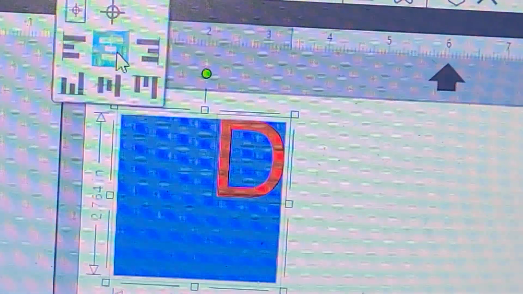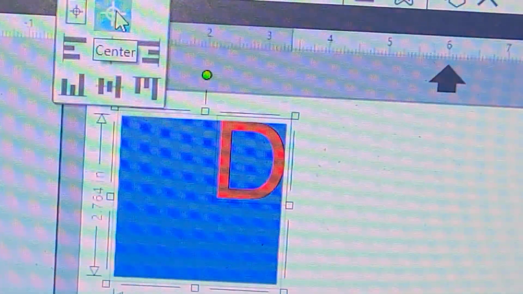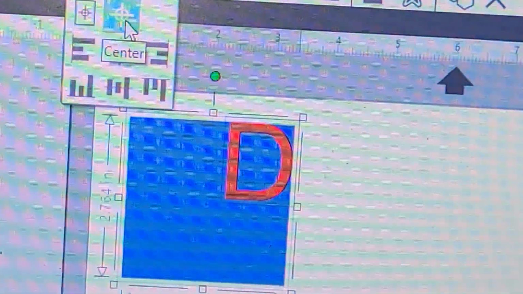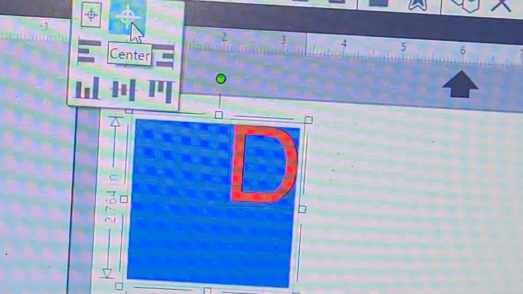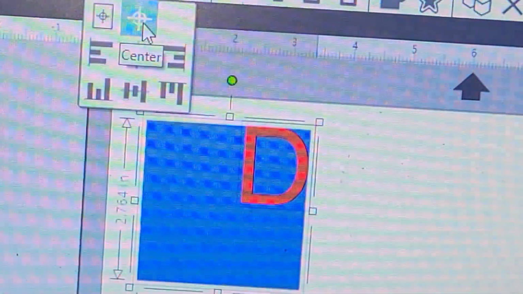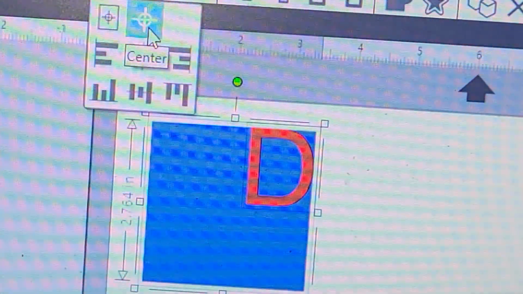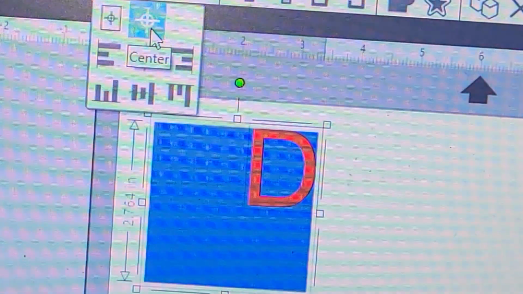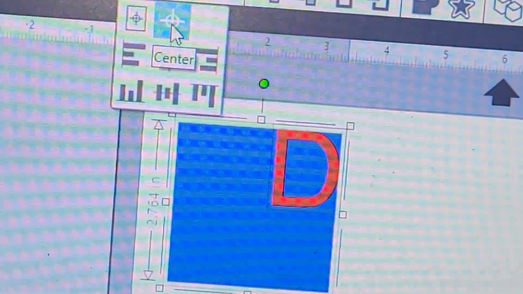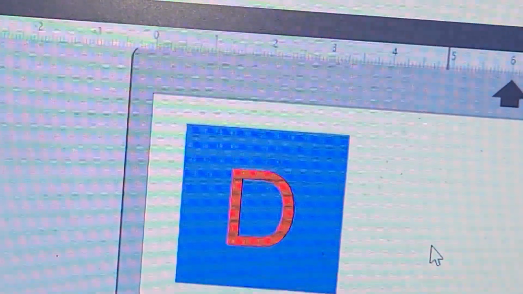But now let's just say I just really wanted it to be in the center. This one that looks like a target, kind of like a sight on a gun. I probably shouldn't have said that, but when you're looking through a sight on a gun, it lets you know where your target is and where you're going to hit, and where we want to hit is the center for the purpose of this. So click that, it's going to go right back to the center. Okay,